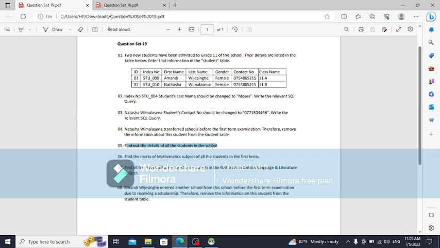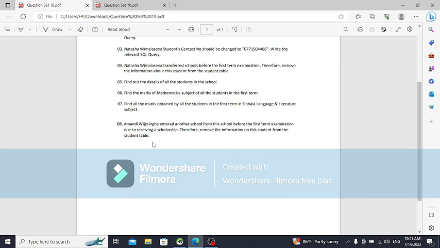Right, okay, so we found out all the details of all students, and now we're going to find the marks of the mathematics subject of all students in the first term. So let's go to that. Right, so in this next question, we have to find the mathematics marks for the students during the first term examinations. So we need to